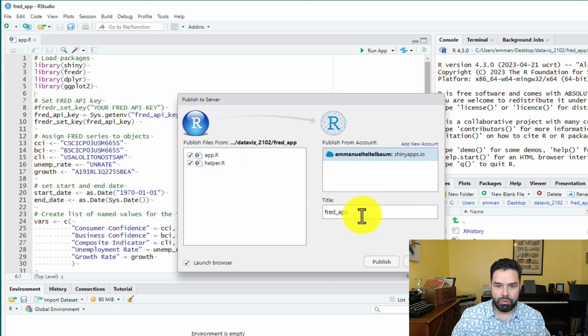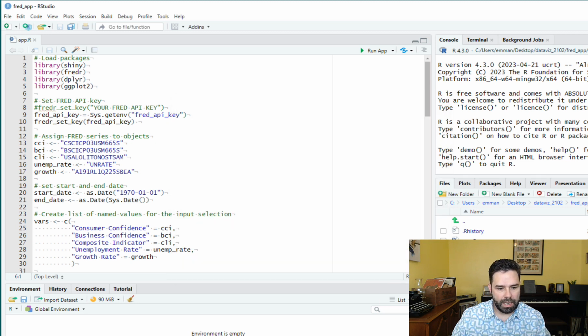Then you're going to select a title for your app, and you're going to hit publish, and that should publish the app to shinyapps.io. All right. I'm not going to do that here because I've already published this application. So I'm just going to hit cancel here, and I'm going to go back to